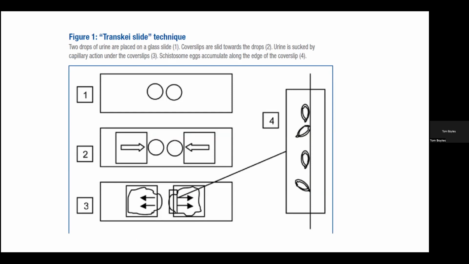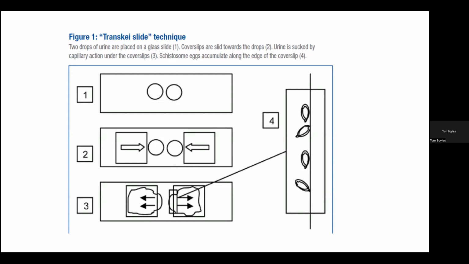He took their urine, he put it in his washing machine at home and spun it around as a centrifuge. Then he took the deposit and put it on a microscope slide. And what he noticed was that if he put a couple of dots of this concentrate on the slide, and then put a couple of cover slips, one each side, and moved them towards the drop,